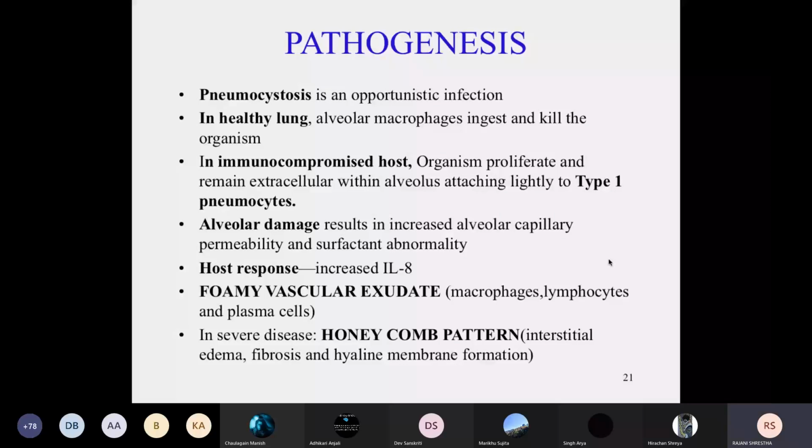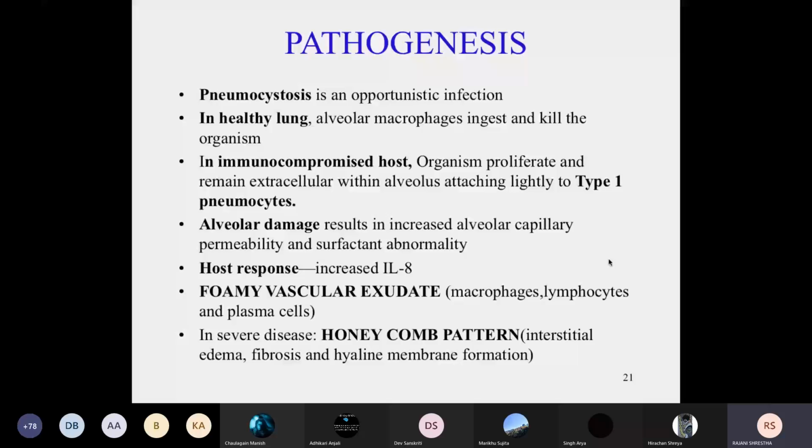If the individual is healthy, then the chances of infection are very low, whereas the alveolar macrophages ingest as well as kill the microorganism. Whereas in the immunocompromised host, like if the patient is under chemotherapy, under steroid therapy, has had a splenectomy, was born with congenital immunodeficiency, or has HIV/AIDS infection, then in those patients the organism gets the environment to proliferate as well as to remain extracellular within the alveolus,